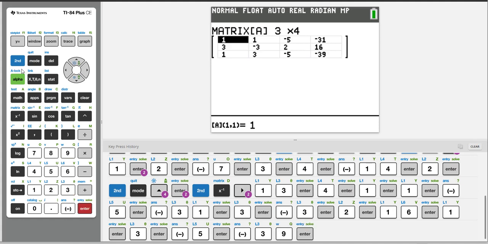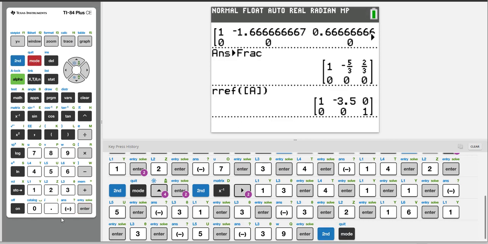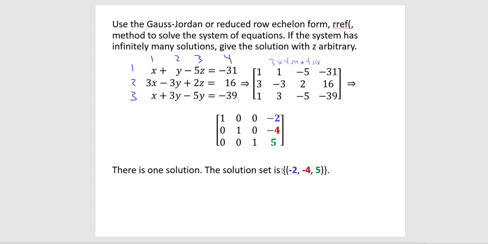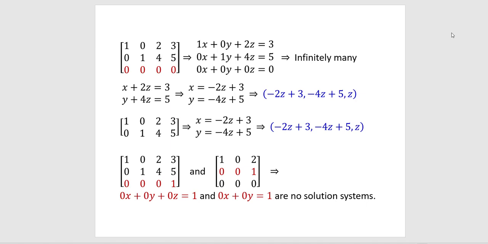Press second quit. Press enter. This gives our answer matrix. Our answer is -2, -4, 5. On this last slide, I'm just going to discuss the answer matrices, so you'll know how to read them. On this first example,